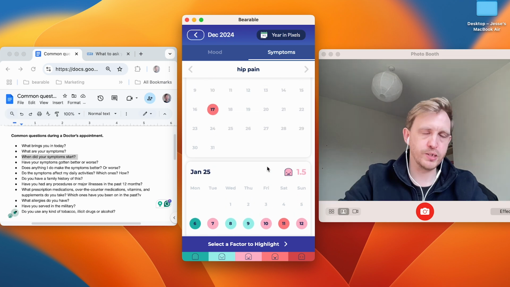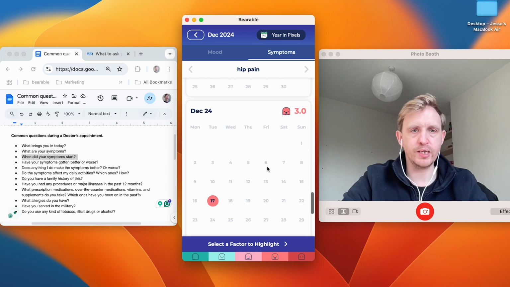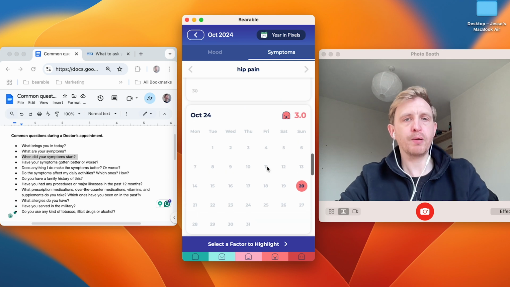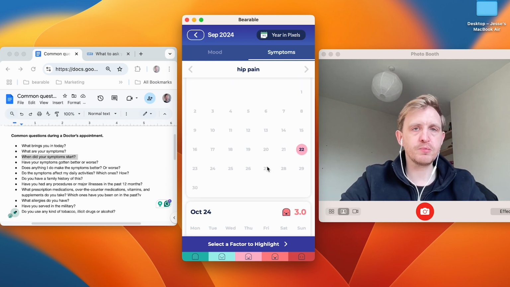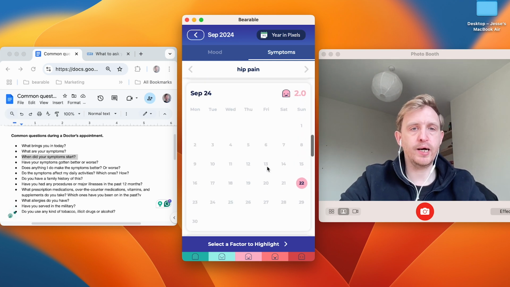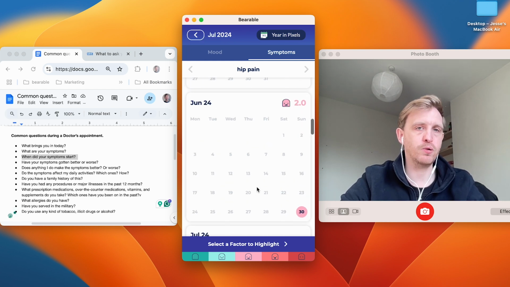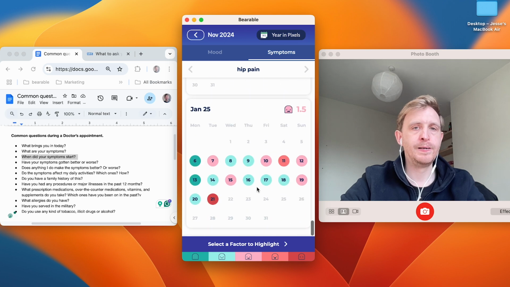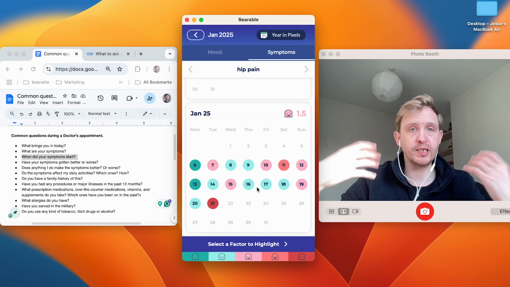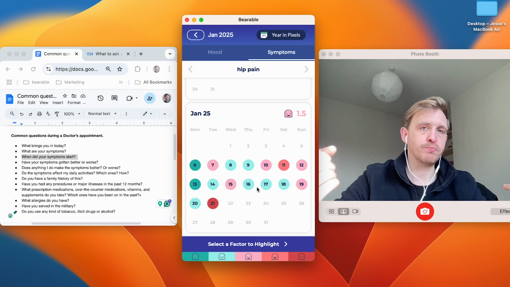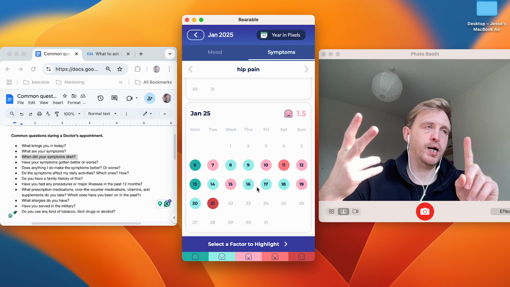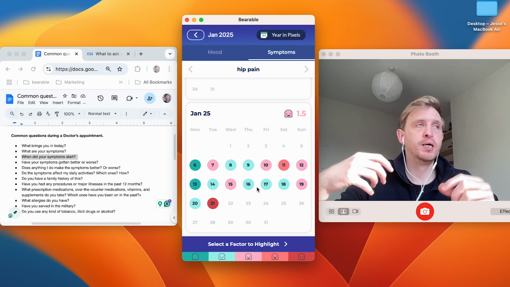Obviously the limitation here is this is a test account, not my real account, so there's not a ton of data here. I've just populated certain things. But one way to look at when these symptoms began is to use your calendar, select symptoms, select this specific symptom, and then look back at when you first began tracking this. You're going to be able to give your doctor the exact date when these symptoms were most severe, when you started noticing them.